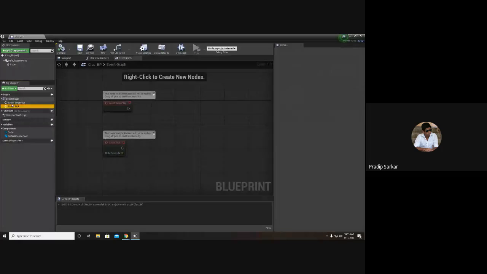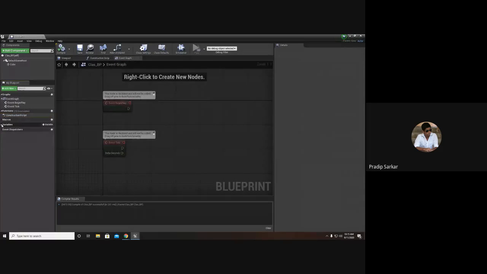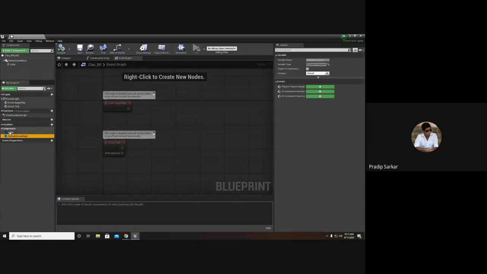All the events are here in the event graph. For the functions, I have the construction script function in here, and there are some macros and variables in here. And the last one is all the components that we have in this particular blueprint. We have our scene root and we have the cube.